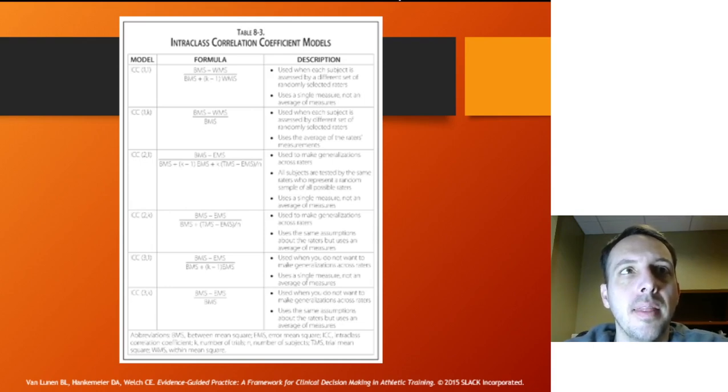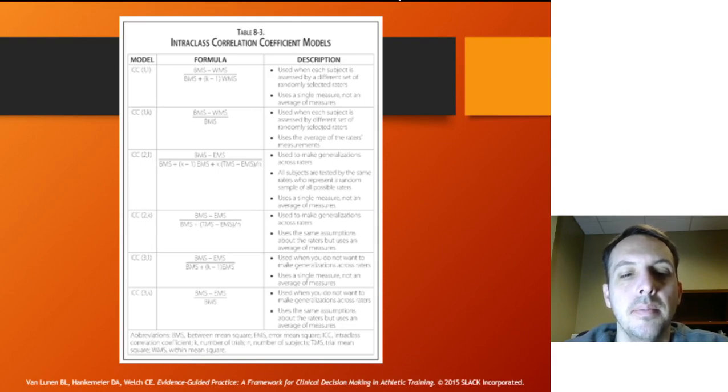For model 1 then, you can see this is probably the least common, because in model 1 you're going to have different testers testing different subjects, and so it's very much more a sampling type method where you're trying to use a whole bunch of different testers, and each tester may only test one individual, and then that would be it. And so you see not as common as model 2, which is probably the most common,